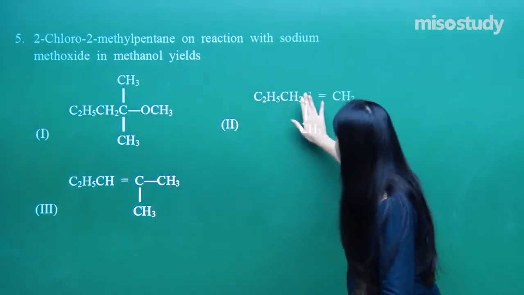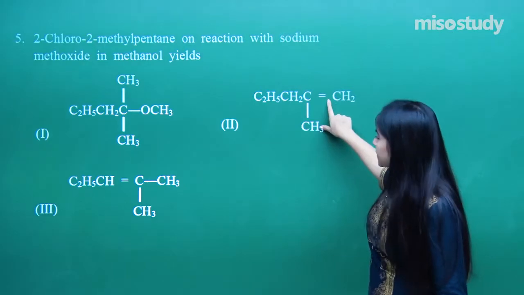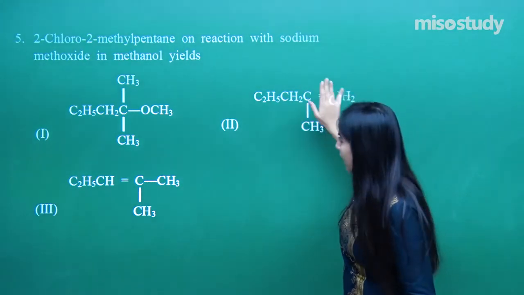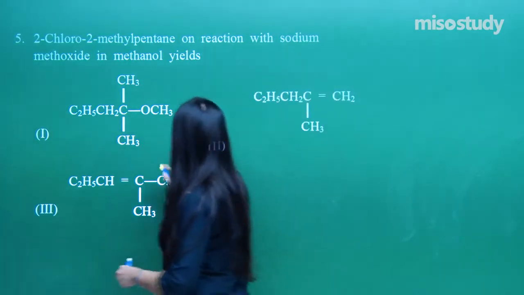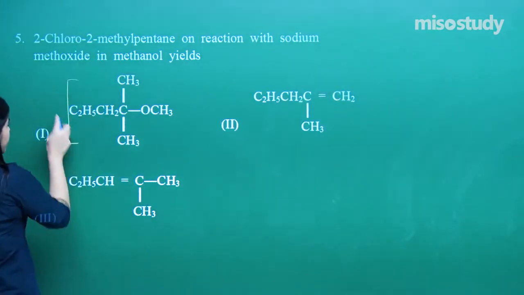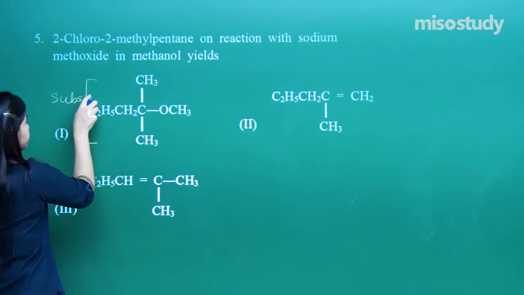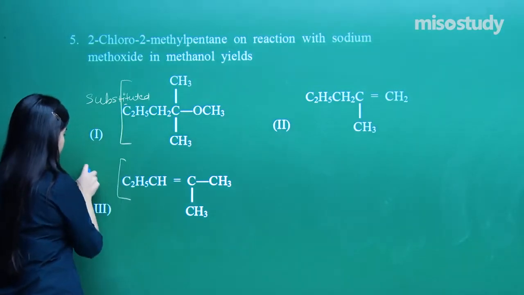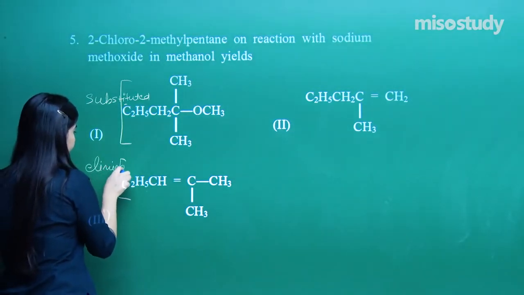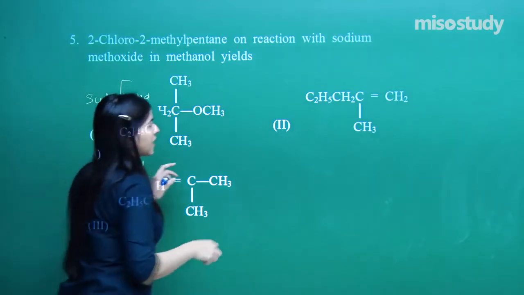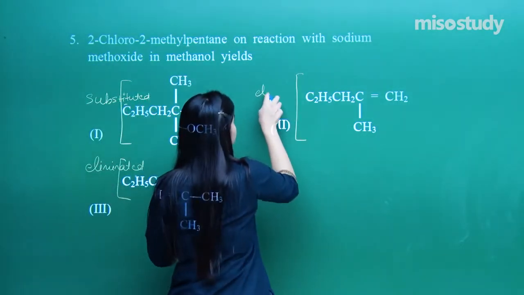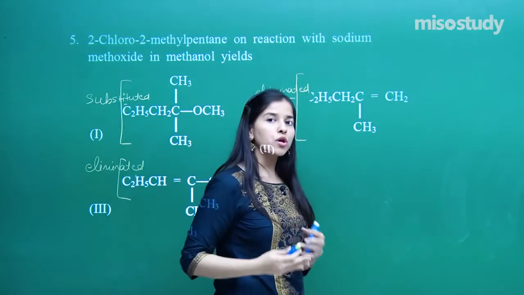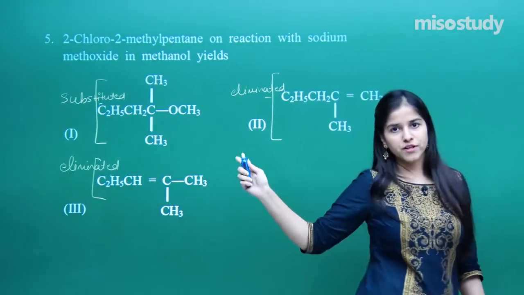So they have given 3 yields over here. You can see in 2 yields there is a double bond, that means this is the eliminated product, and in 1 yield this is the substituted product. So that is substituted and this is what? Eliminated. And over here as well I have got the eliminated product. So we have got 3 possibilities. We need to judge what all possibilities are possible in this case of a reaction.